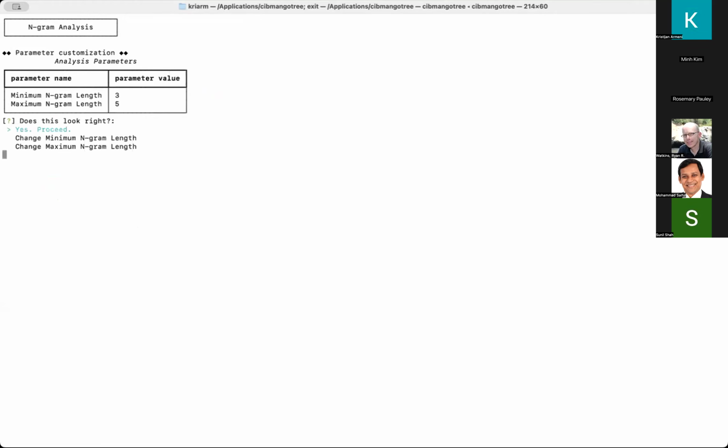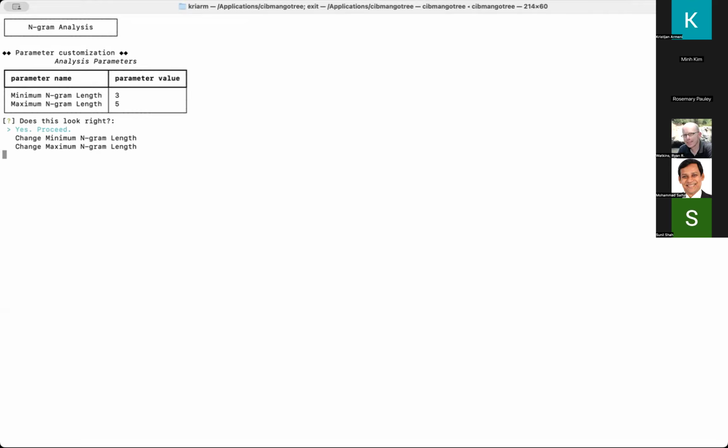And now this is an analysis specific parameter. So first we had imports, now we had these column mappings, and then the last step is that some tests might have parameters, something that the user has to decide on that we can't just choose by knowing in advance. In this case it is the length of the combinations of words you want to look at. Here we have 3 and 5. The shortest word combination is a length of 3, so phrases of 3 words, and the longest is phrases of 5.